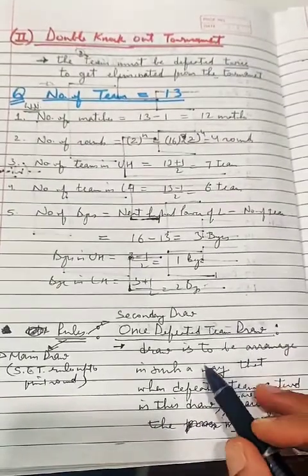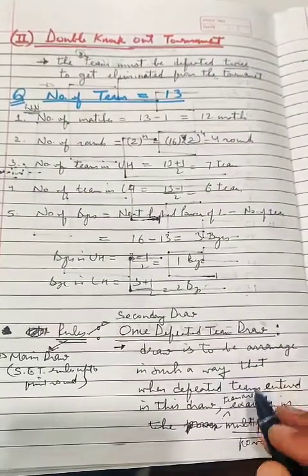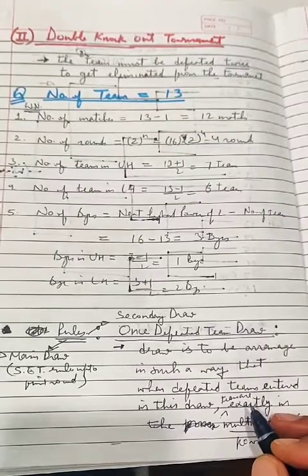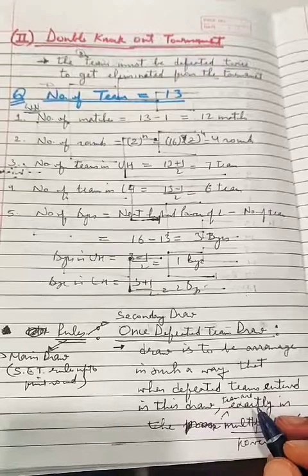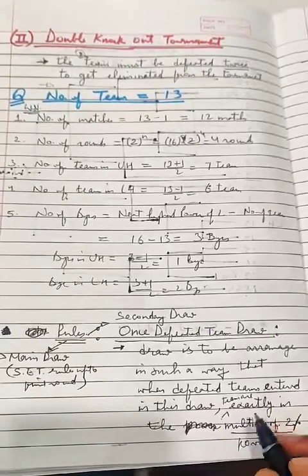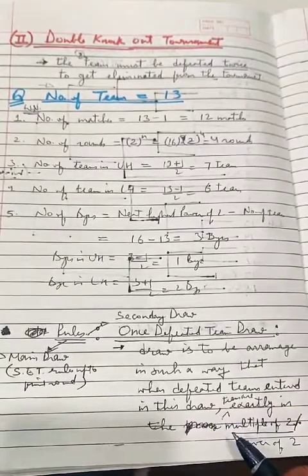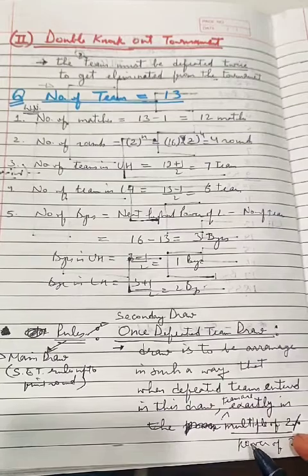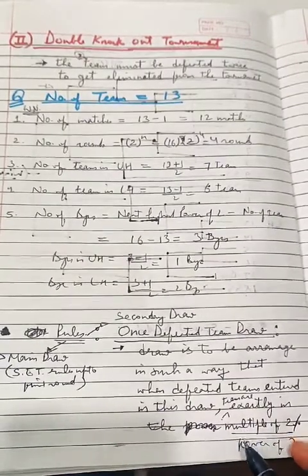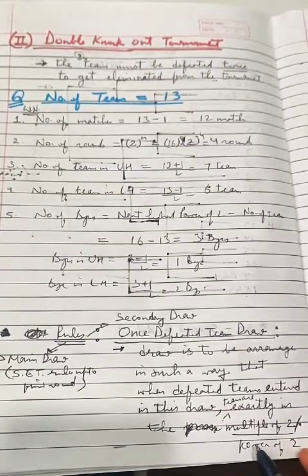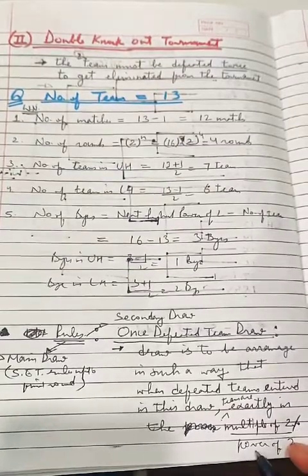In the defeated team draw you have to make sure of one thing, because in each and every round some teams will be defeated and will enter this draw. Make sure that when teams enter this draw in different rounds, different losing teams will be entered, so that the teams are in a multiple of 2.